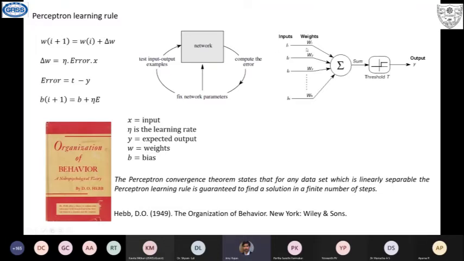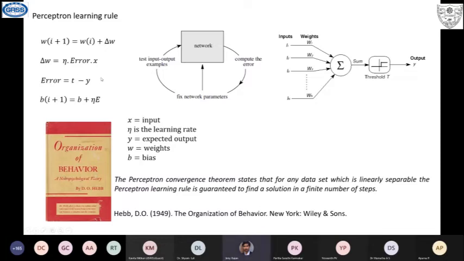So assume we initialize these values randomly, then the W's or the parameters are updated like this. Wi+1 is equal to Wi plus delta W. Wi+1 is the new value, and Wi is the current value. So we are updating the current value using this formula. Wi+1 is equal to Wi plus delta W, and delta W is computed like this: eta into R into X, where X is your input and eta is a learning parameter. Usually the value of eta is between 0 and 1, and R is the difference between the predicted output